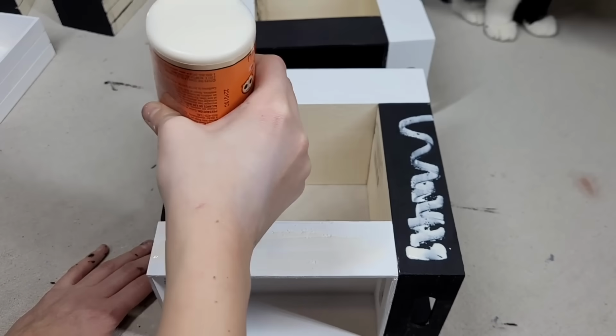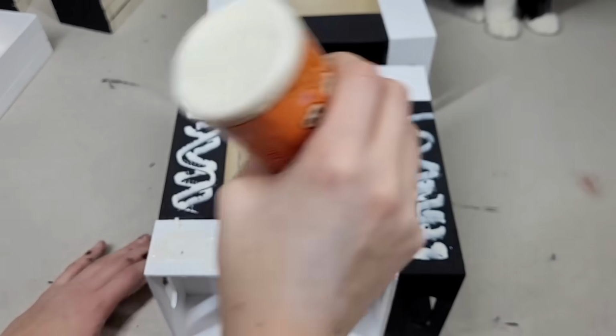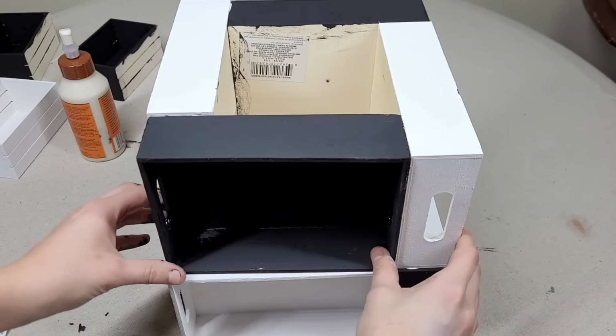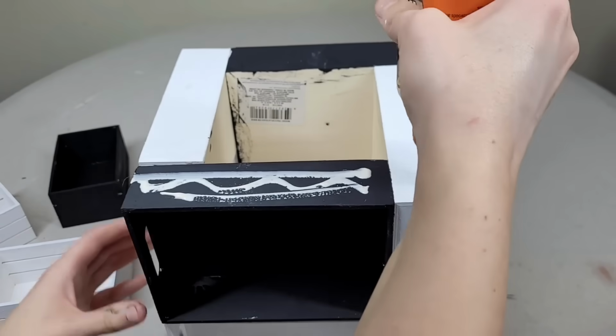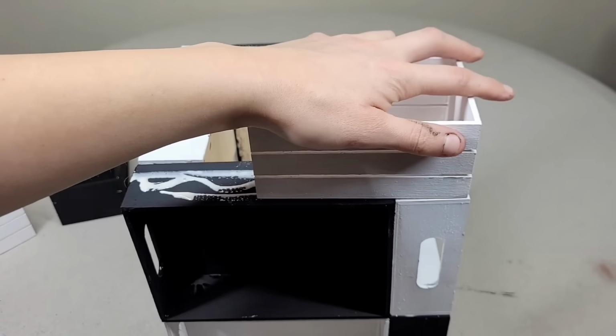the first one that you went and did, put it on the top of every single one of these pieces here, and now we're going to go and take the other piece after it's dried as well and put it on top. After those are connected, put some glue onto the top as well, onto all of the different pieces that are here, and now we're going to go and put these little tiny mini crates that have the slats on the